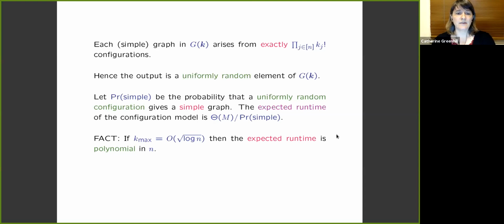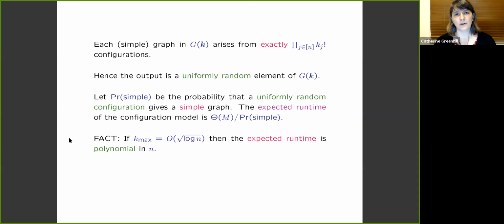In particular, if the maximum degree is of the order of square root log n, then the expected runtime will be polynomial in n. And we can say more precise things than this. So this means if your maximum degree, I'm obviously using Kmax to indicate maximum degree,